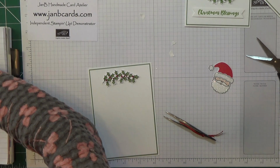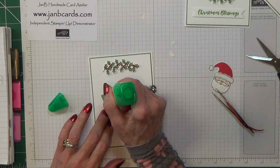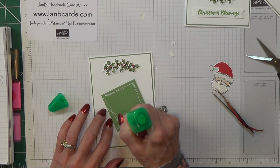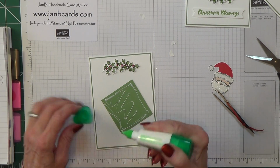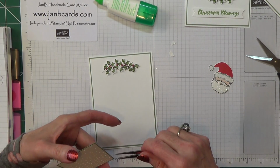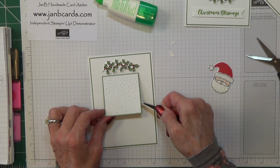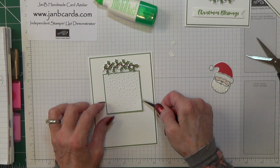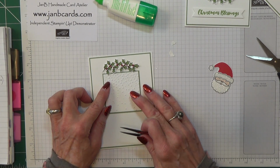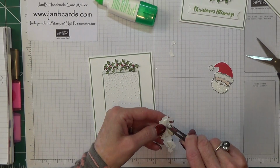Now we're going to take the base for Santa Claus. You could do this with dimensionals if you like, but I just feel that there's enough on there with the height. And Santa Claus is going to be with dimensionals as well. Oops, that's clever. Right, so with this one, whichever way you want your snow to go, I prefer the heavy snow at the top, slowing down. Now if you've used the fussy cut ones, you can slide your frame underneath it like that, and then with the next piece of holly,